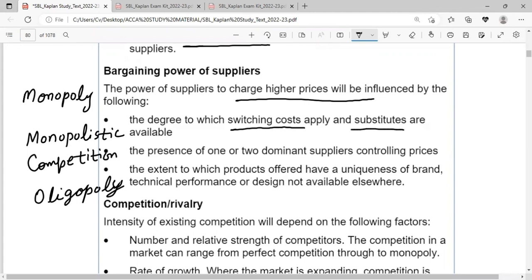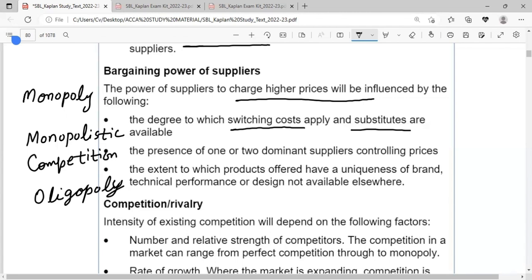And availability of substitutes: if there are a number of substitutes, as I told you, there are a number of coffee shops, a number of burger sellers, a number of clothing shops, a number of shoe sellers in the market. If you want, you can switch from one place to another just to change your taste. Presence of one or more dominant suppliers controlling the prices, as I told you, monopoly or